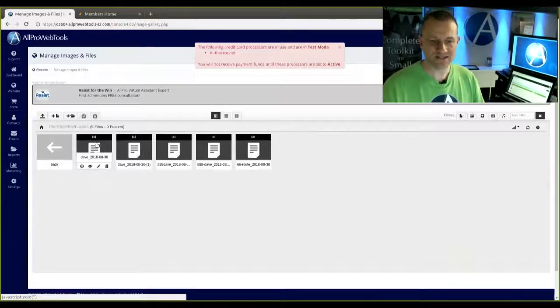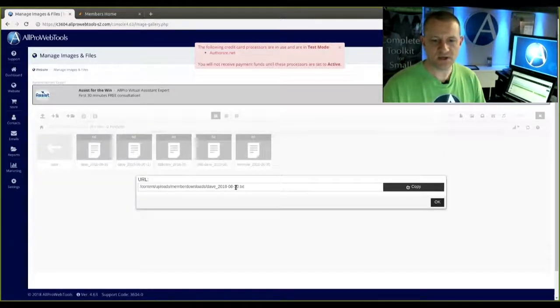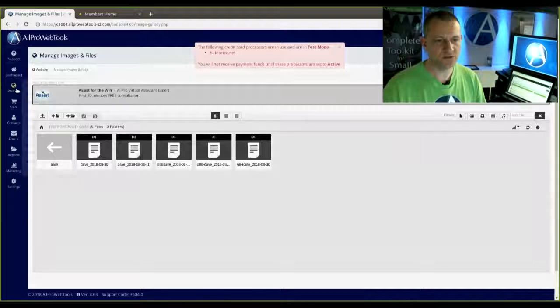So now I want to create links. To do that, I'm going to right click on the image, and I'm going to click on Show URL. And it doesn't matter what this says, you just need to copy it. So now that I've copied that, I'm going to go back to my web